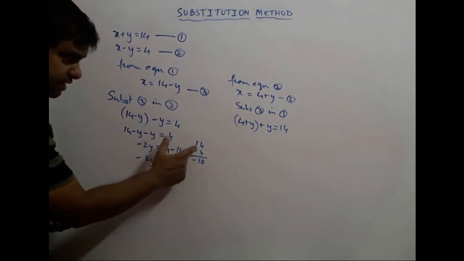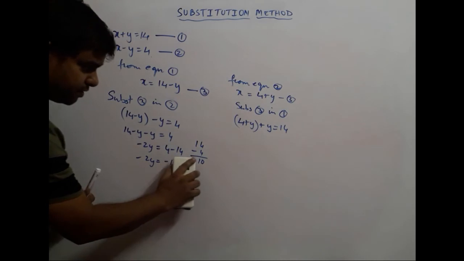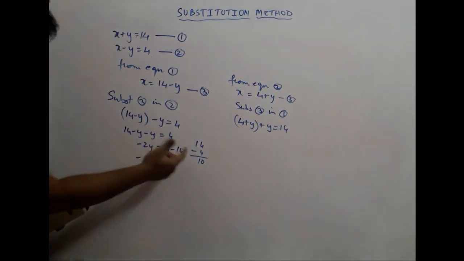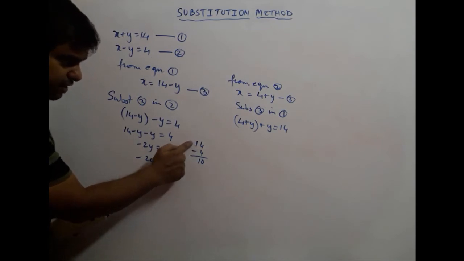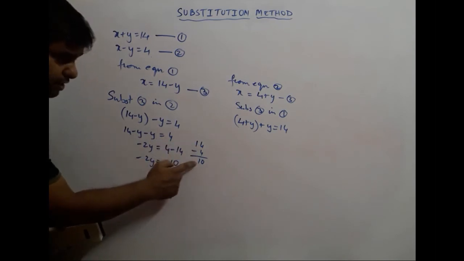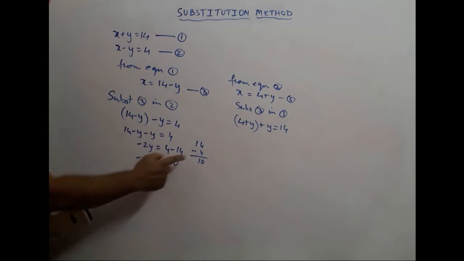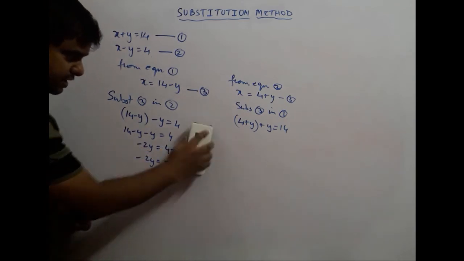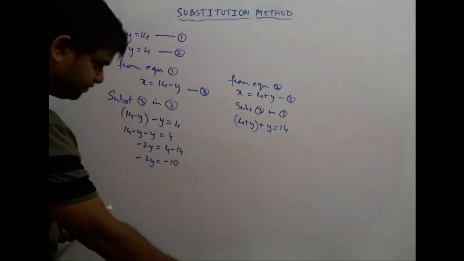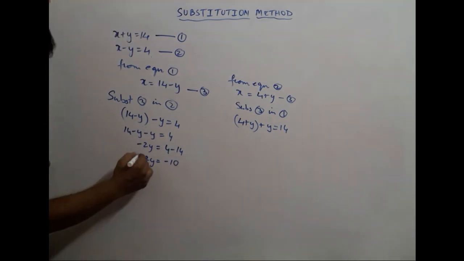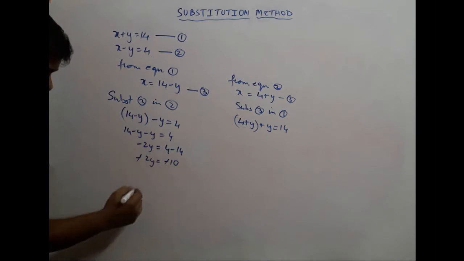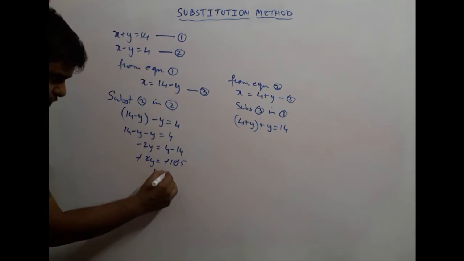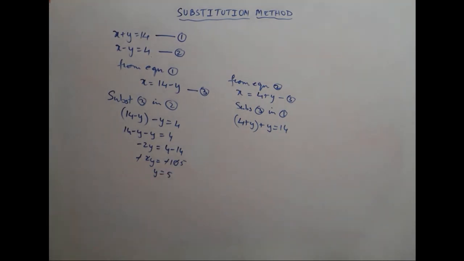In this case, what we are used to doing is 14 minus 4. Again, even over here, we take the sign of the greater number, which is positive. Hence we get plus 10. But over here it is minus 14, so it comes as minus 10, which we have got over here. Now, in case of division, the minus sign cancels. 2 ones are 2, 2 fives are 10, and we get y equal to 5.